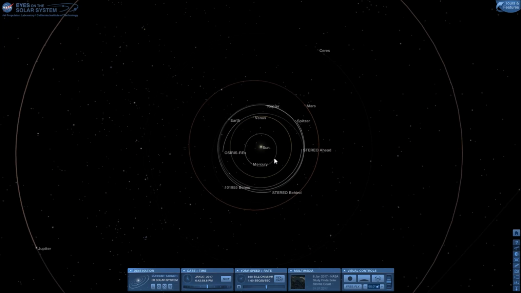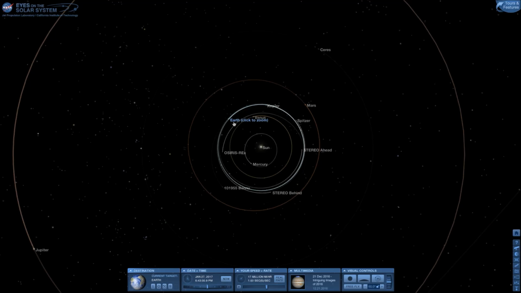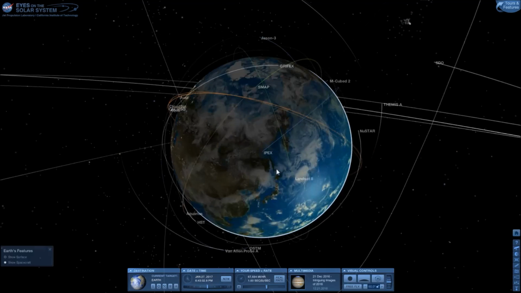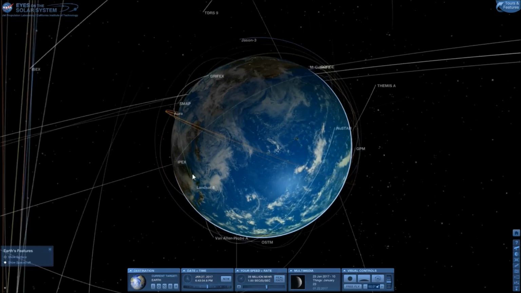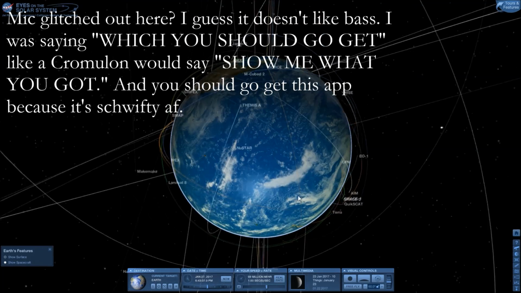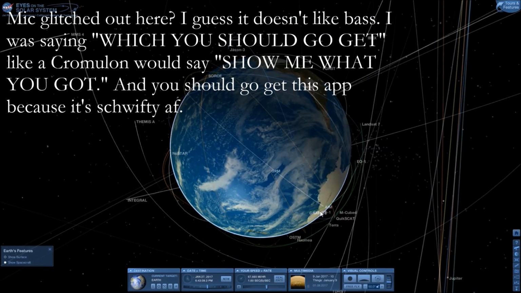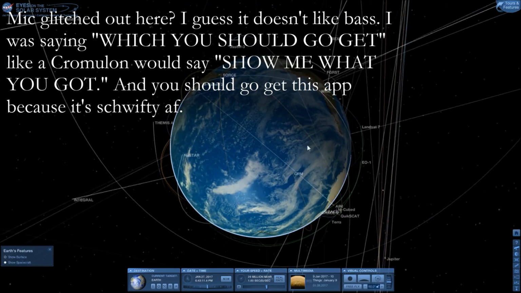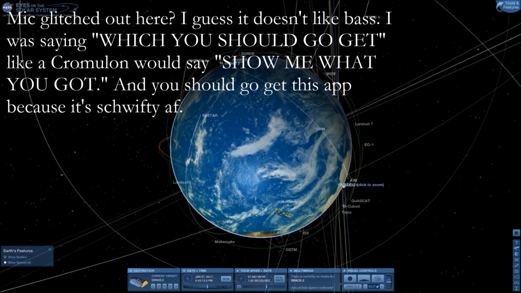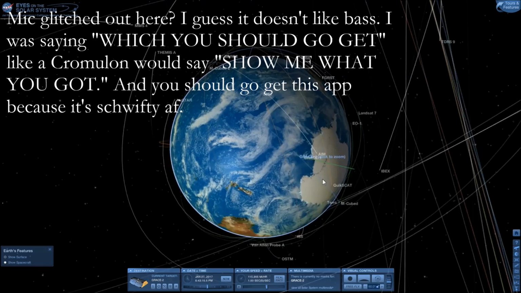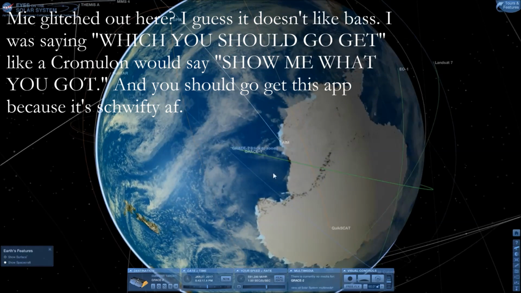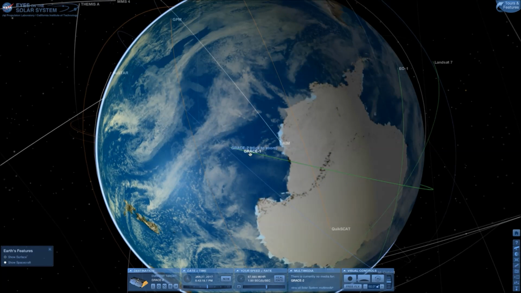And so we're going to talk about polar orbits specifically. I'm not just going to geek out over this program, which you should go get. We're going to talk about polar orbits specifically with the help of the GRACE mission. If we scroll in, you can see there's a GRACE 1 and a GRACE 2. And this is a